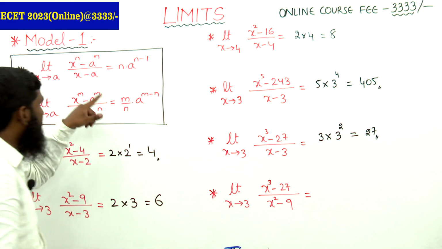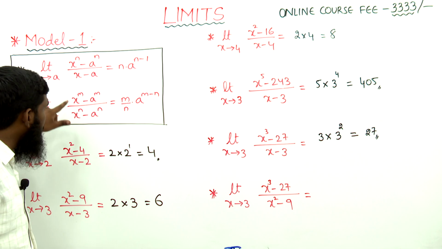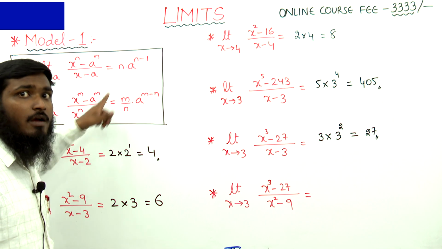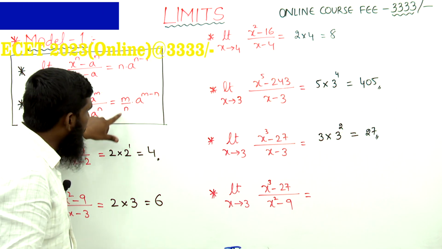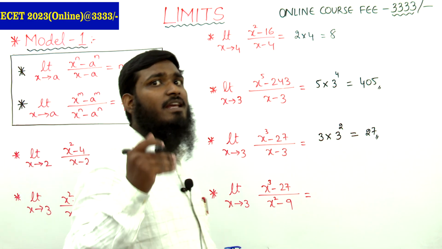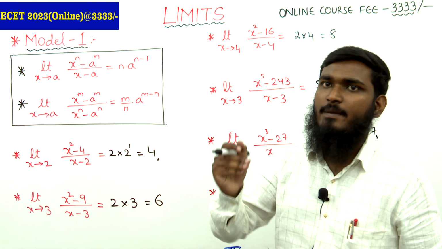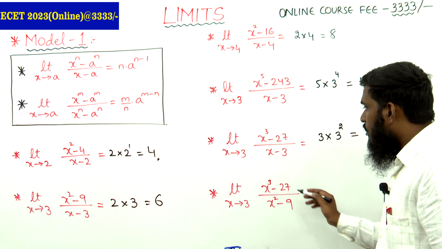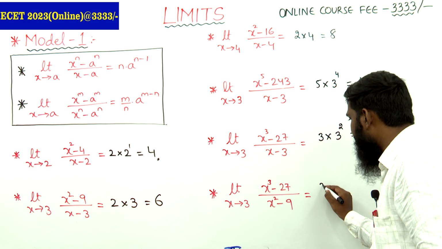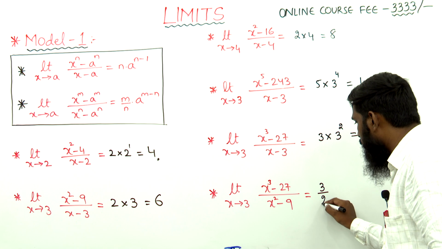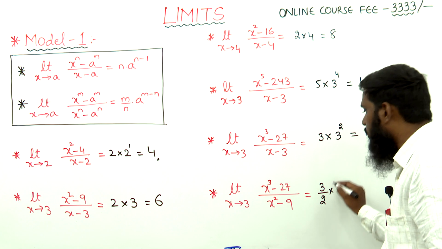Already we have discussed this part. Whenever we have the condition x power m minus a power m divided by x power n minus a power n, what is the formula? m by n into a power m minus n. We have to use that. We take the power of the numerator and the power of the denominator. So what is the m value? The m value is 3, divided by n value, which is 2. So 3 by 2 into,